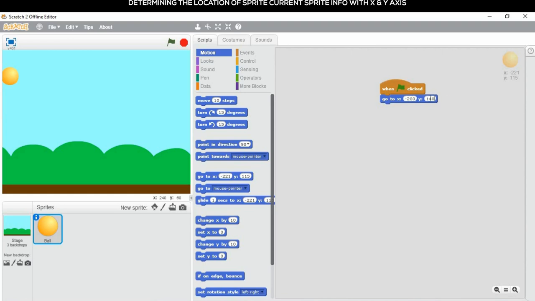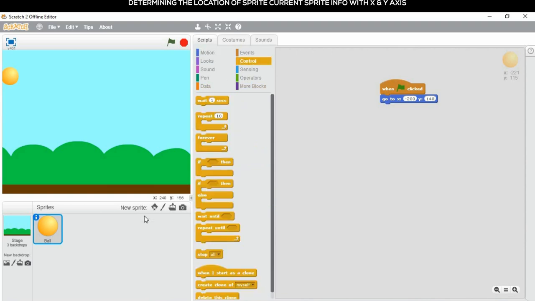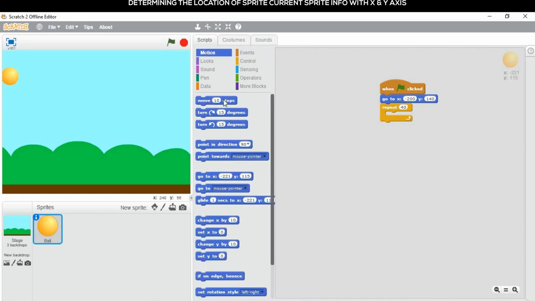This is the position, and to repeat the steps we are going to add the repeat block from the control palette. I am going to repeat the steps 40 times. So that it moves straight, we should add some steps.